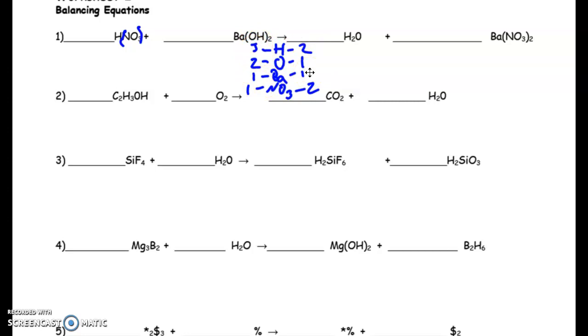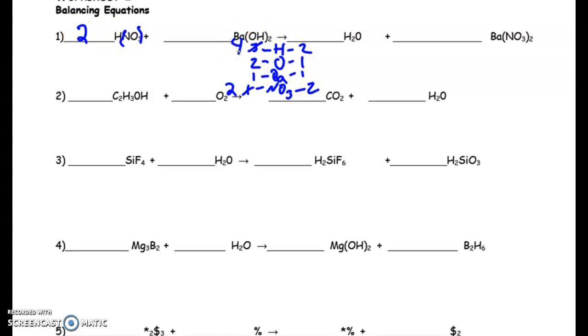So we're going to change some coefficients to see if we can make things better. Now, you can randomly pick somewhere to start working. Usually you want to do the oxygen and the hydrogen last, especially if they appear in more than one place. So I'm going to start with the nitrate, and that'll be an easy enough fix because I can put a 2 here, and that will change this from being 1 nitrate to 2 nitrates on the left side. It also, remember, there's more than just nitrate in that formula, there's also hydrogen there. So now I have 2 H's coming from here plus the 2 H's here, so I have a total now